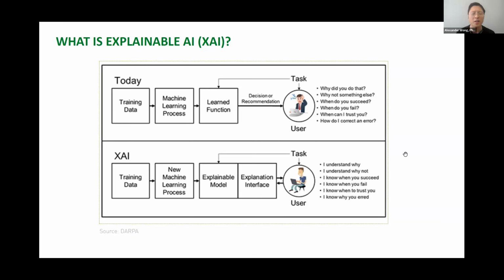And so what explainable AI allows for is that you're still training with data, you're still creating a machine learning process, but now you have explainable models and, more importantly, explainable interfaces that interact, from a human-machine collaboration perspective, with the end user. In the clinical case, it would be with clinicians, healthcare workers, and so on and so forth. With explainable AI, we could now understand why it made a certain recommendation or prediction, understand why it didn't make another one, understand when the AI solution succeeds, when it fails, when you can trust it, and more importantly, if it makes errors, be able to identify it and know why it made the error so you can take actionable steps to correct for the error.